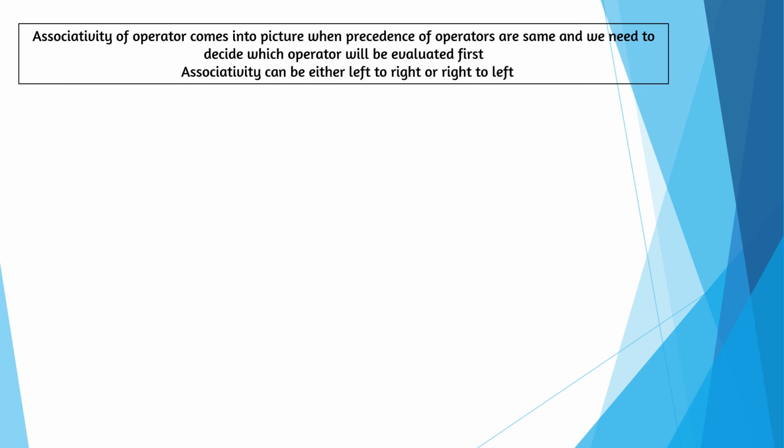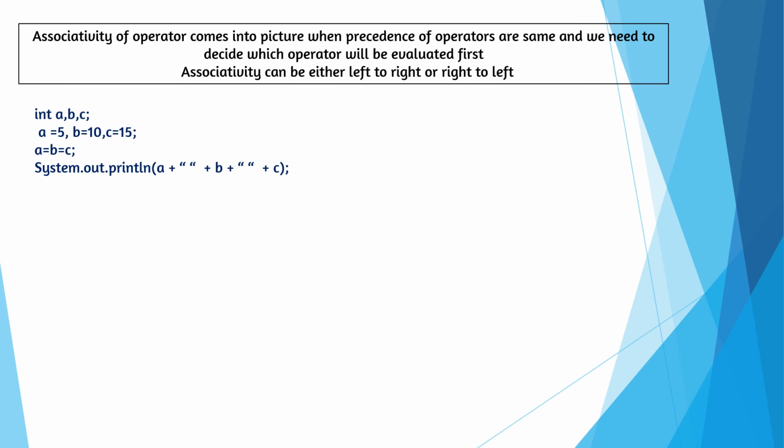So some examples we can take to understand precedence and associativity more clearly. Here the first example is int a, b, c; a is equal to 5, b is 10, c is 15. a = b = c. Here the equal sign or assignment is coming two times, so both the equals have the same priority. We have to decide how to execute this expression.